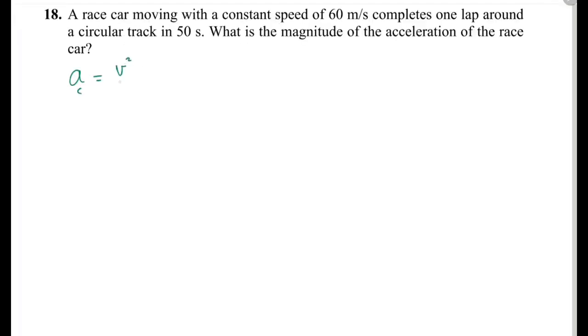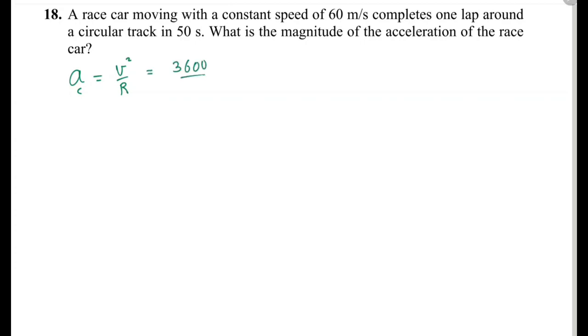A race car moving with a constant speed of 60 meters per second completes 1 lap around a circular track in 50 seconds. What is the magnitude of the acceleration of the race car? In this case, again, constant speed means there is no tangential acceleration whatsoever. So a central in this case equals v squared over r, or